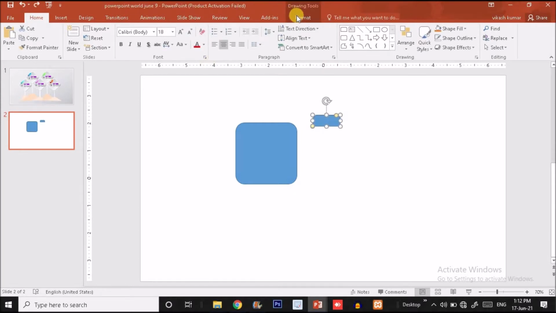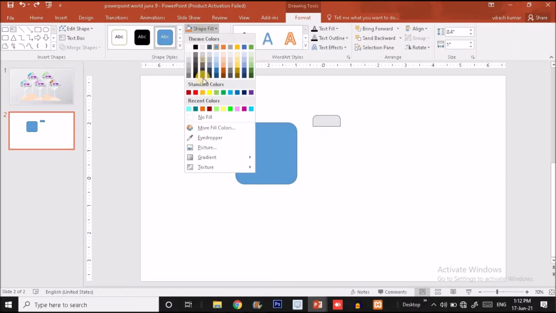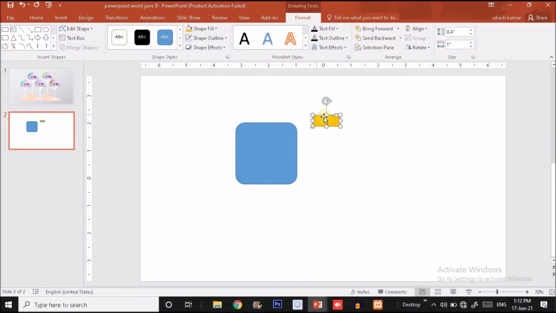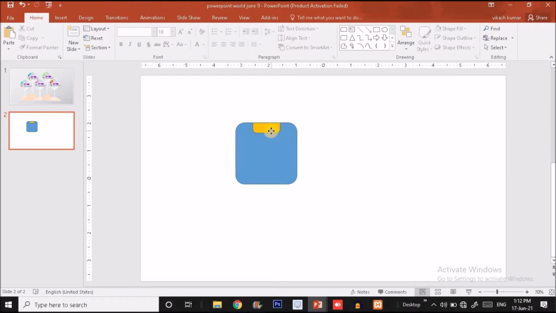Okay, now let me change the color of this shape. For now I'm going to change it to yellow, or maybe orange, or whatever color you want to choose. Later on we will change the color with the gradient effect. Right now I'm going to click on the rotate option, flip it vertically and put it over here like this. Actually, I have created this shape to provide a title section over here. That's why I have created a particular section.